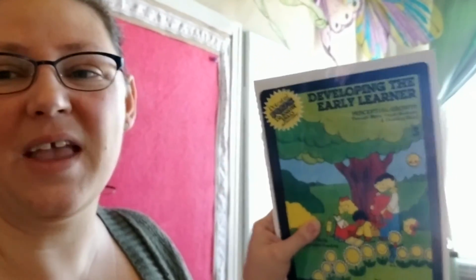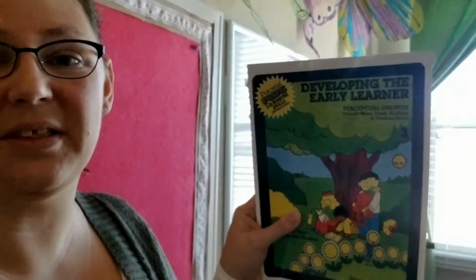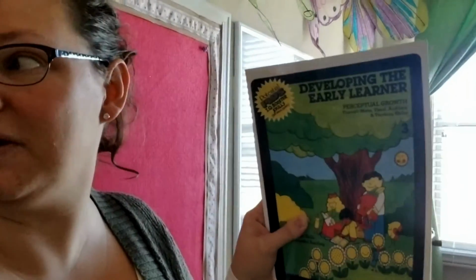On to curriculum that is of note. I've got some pluses and minuses to talk about with the Developing Early Learner series. We really like how it's laid out. I've been surprised at the level of learning we're getting from it and the benefits we're getting from it. Not so much on a scholastic level, but working with her